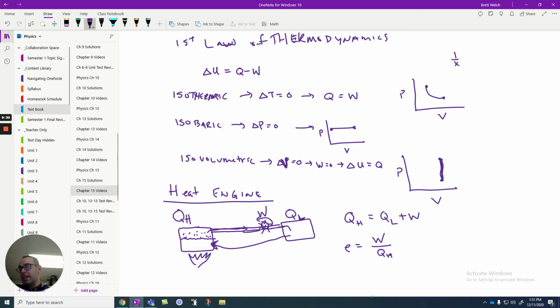Now that being said, if this QL was really low, then when I bring it back, it would take a lot of energy to heat it back up. So the fact that I'm not getting all of the energy out on the first pass is okay if I can cycle back through and start maybe in a better position. We're never going to be perfectly efficient. But there was a French scientist by the name of, I'm going to mess up his first name, Sadi Carnot. Okay, Carnot.